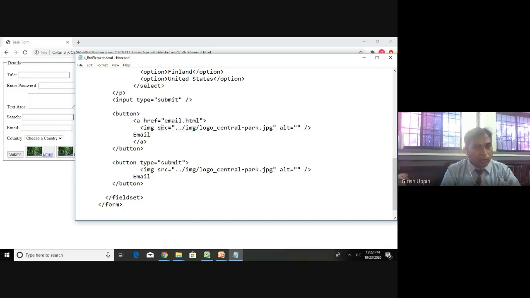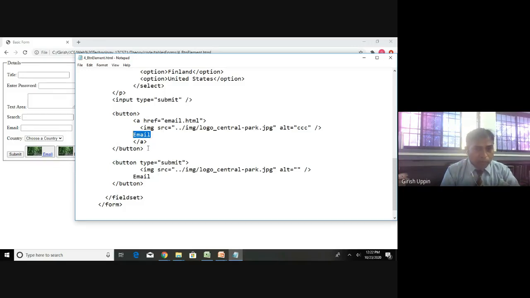For the source I am providing src, and also I am giving some alternate value. If you know what this alt attribute is, if the image is not able to load, it will show whatever text you have specified here. And then this content, email, will be shown as the text on the button.